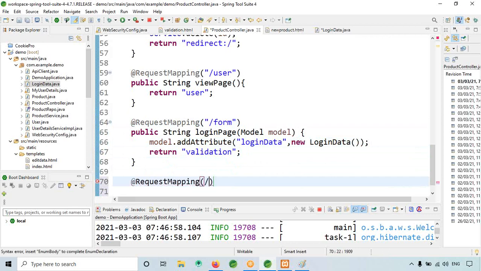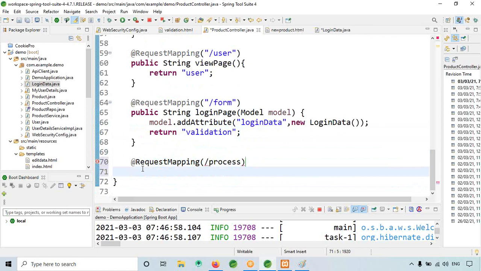So this is for, if login is success, then public string process form.